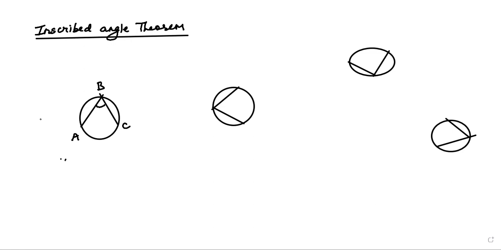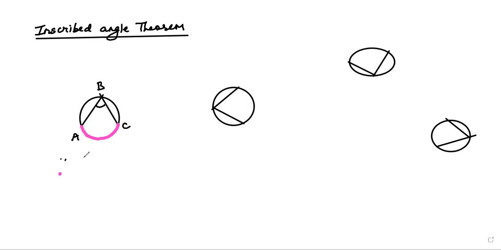And when you look at this, children, this arc is an intercepted arc. This arc AC is the intercepted arc. Angle ABC is an inscribed angle and arc AC is the intercepted arc. So the moment you see an inscribed angle and you see an intercepted arc of it,